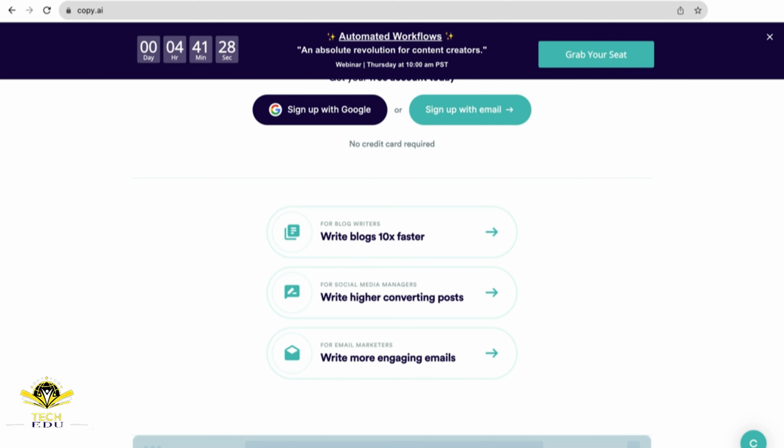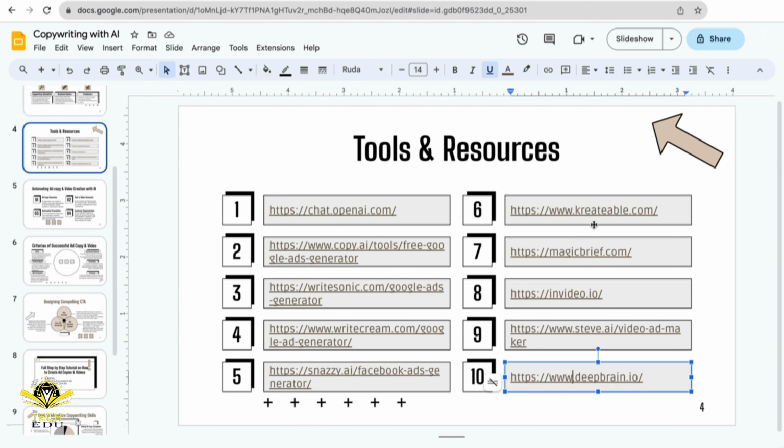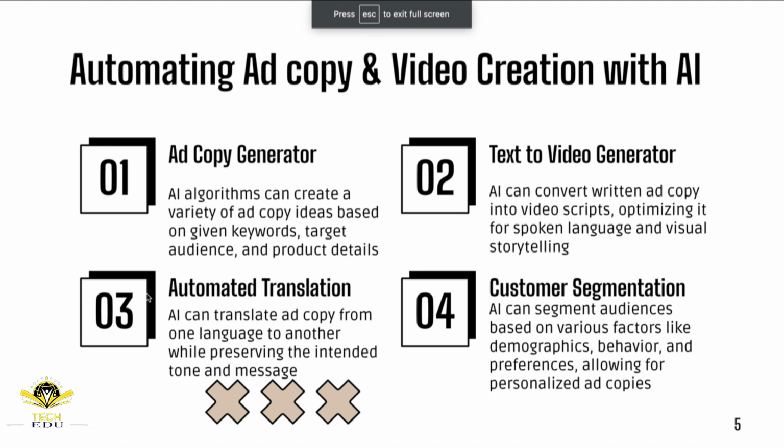deepbrain.io. So guess what? We're going to get our ad copy from AI, and we're going to integrate that ad copy into these custom AI avatars, and then this custom AI avatar is going to do the advertising for us, right? That sounds very exciting, doesn't it? Okay, so let's go back to the slide and let's talk about